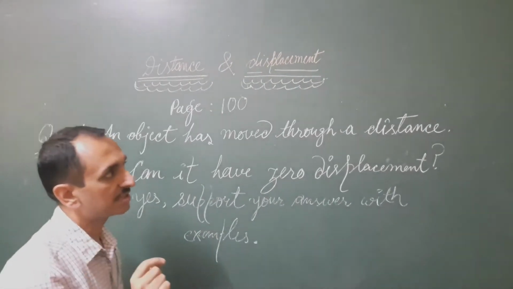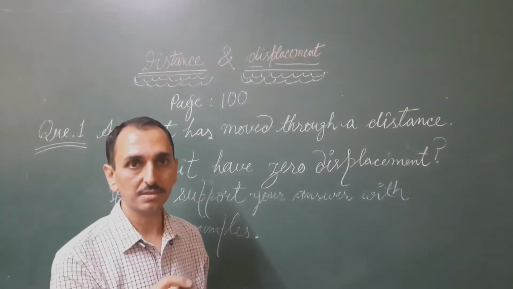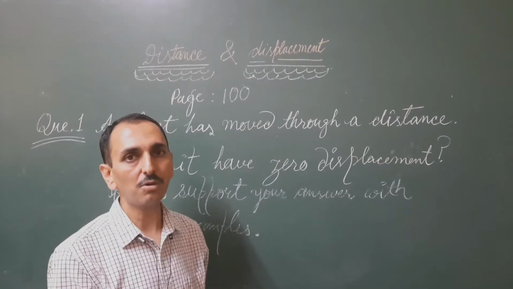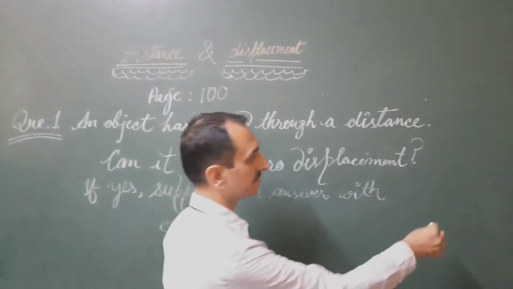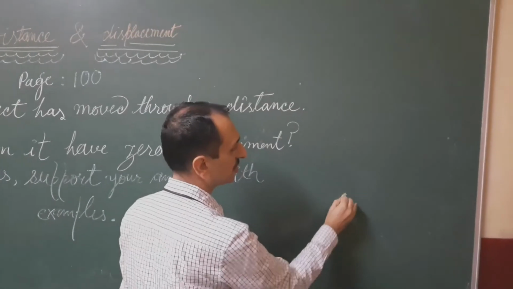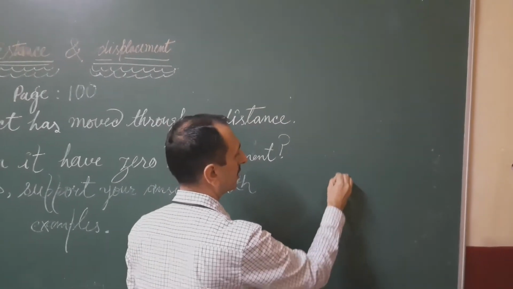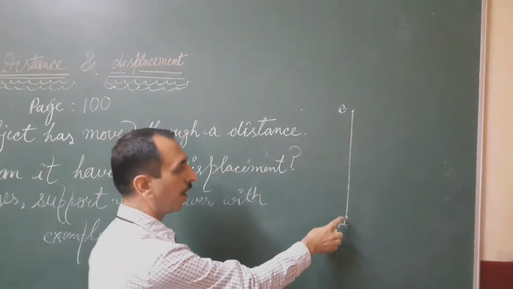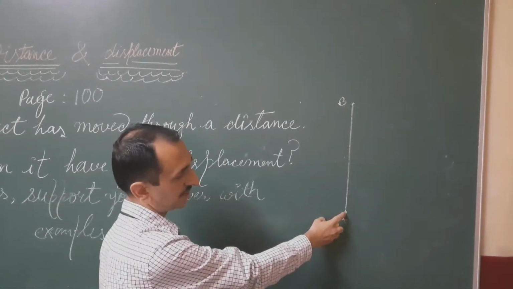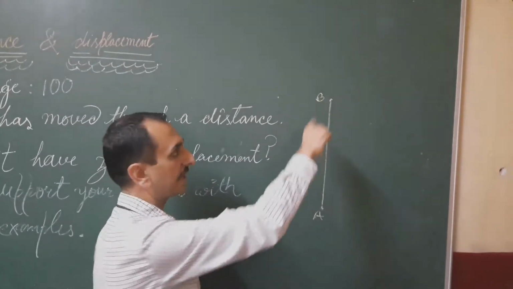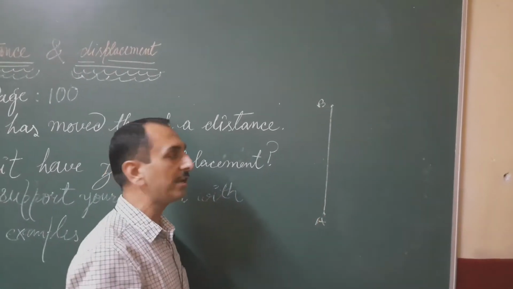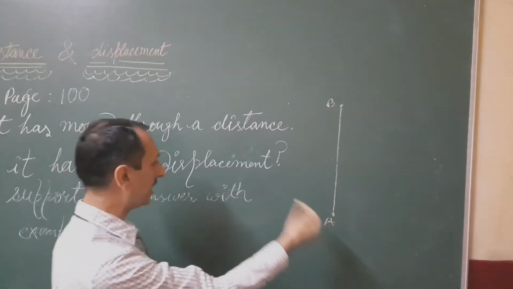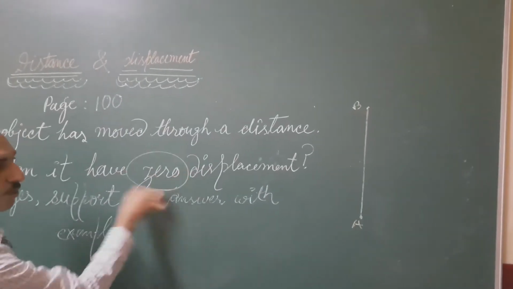If an object moved a certain distance, as we know by convention, distance can never be zero or negative. Likewise, from position A to a vertical distance at position B. If the object starts from A, attains a certain height to the maximum height B, then comes back to the A position, the initial point, then the initial point and final point coincide. That's why displacement can be zero.